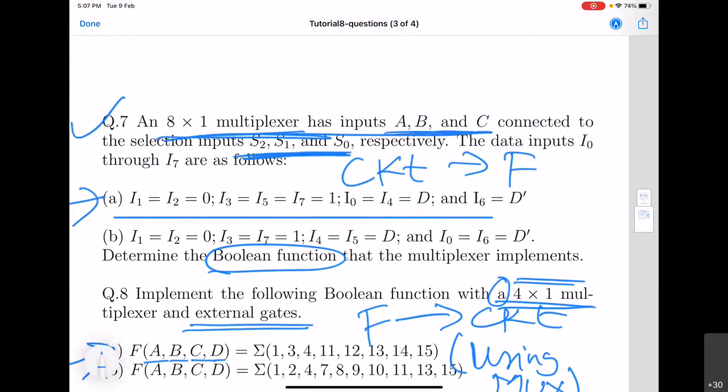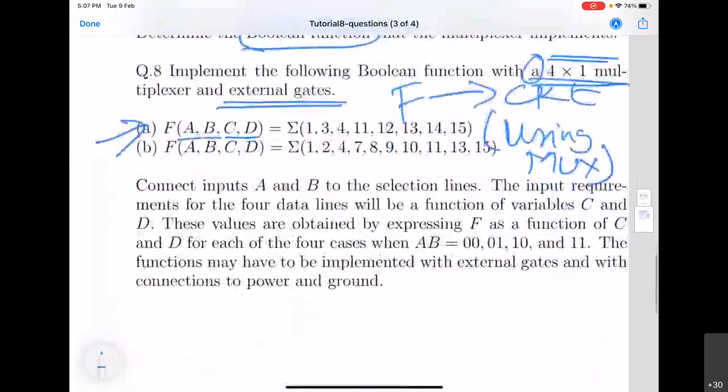If you have 3 selector pins, 3 inputs will be connected there, and any additional input will be connected to the data inputs. Here we have only 2 selector pins and we have 4 inputs. Out of these 4, 2 will go to selectors S1 and S0. Then we have to find out what to do with the remaining 2 inputs, C and D.